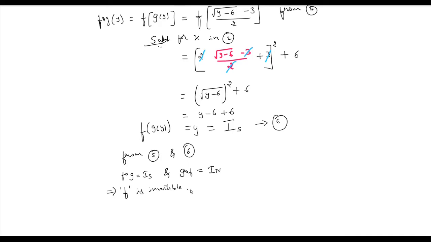Since f is both one-one and onto, it is bijective, so it is invertible. So we can conclude that f inverse is nothing but the function g itself. But what is function g? Which is (root of y minus 6, minus 3) whole divided by 2. This is the function. If you write this much, you will easily be given 5 complete marks. So let us check the next example.